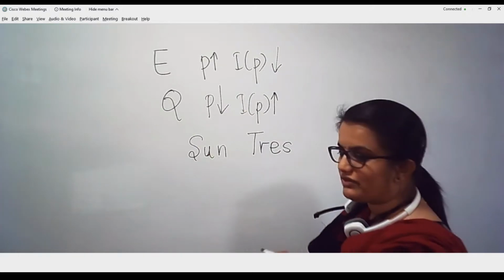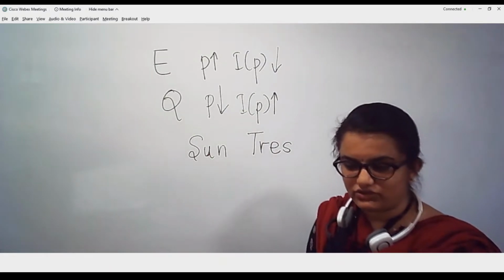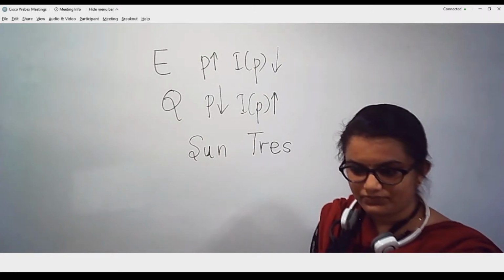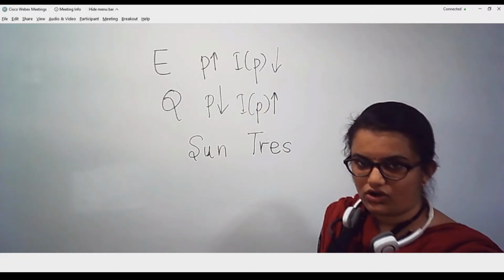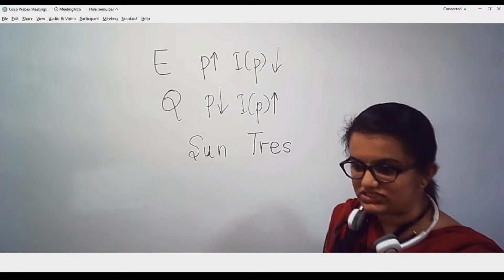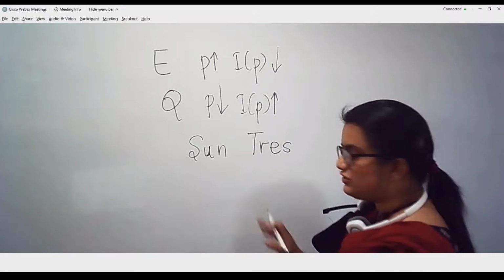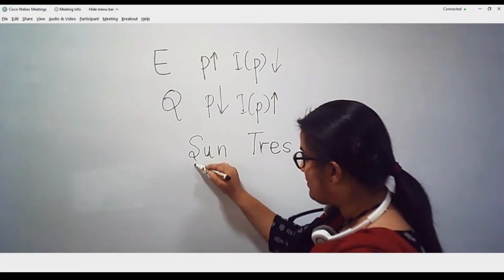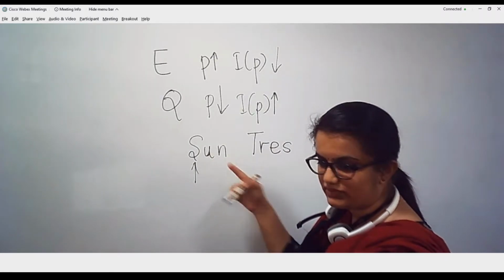So I hope you have used a dictionary, correct? Every one of you used a dictionary? Say yes or no. Oxford English Dictionary, you have used it, right, in your school days? Yes, ma'am. Yes. How do you search a word? First you will go to a particular letter, then you will look at the second one, then the third one.